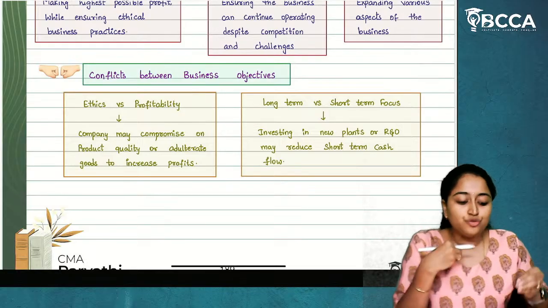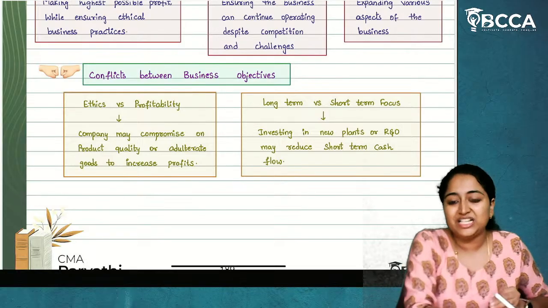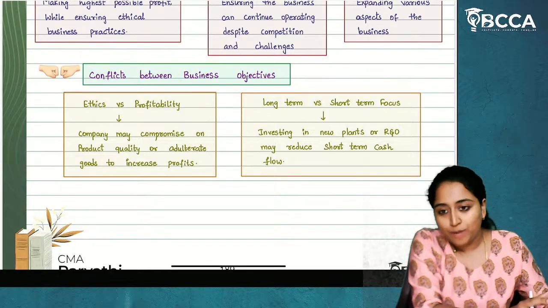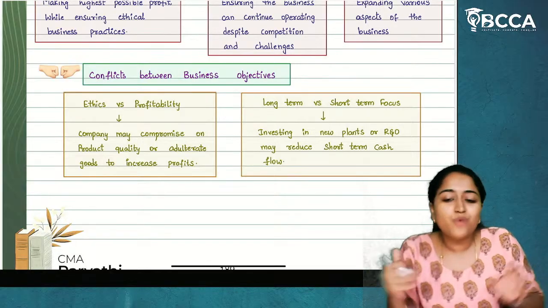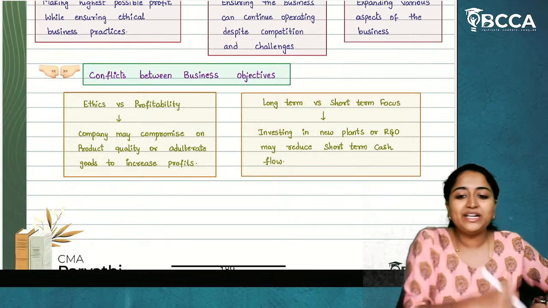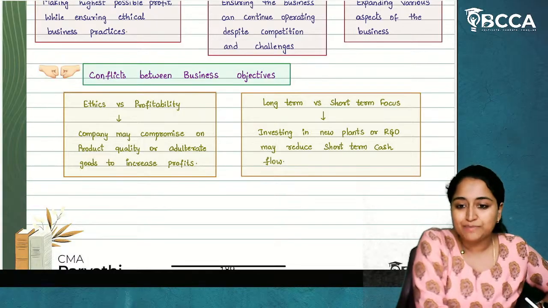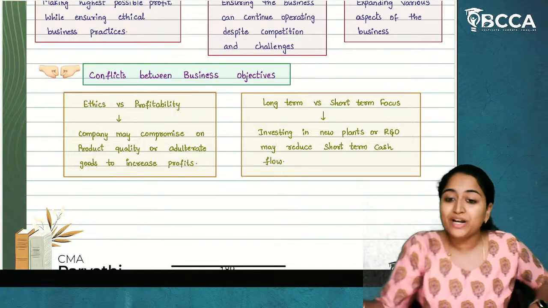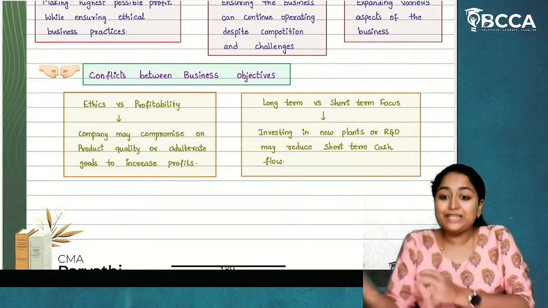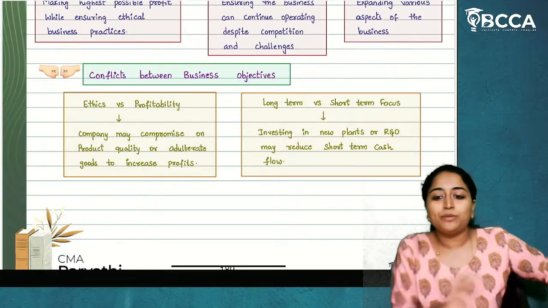Now, they used to purchase the resources or raw materials for 75 rupees, which is a better quality of raw materials. Now, to increase profits, what am I doing? I am putting the cost less. So, for raw materials, I am only putting 50 rupees as my cost. But I am selling the product at the same price. To increase the profit, I am trying to ignore my ethics.